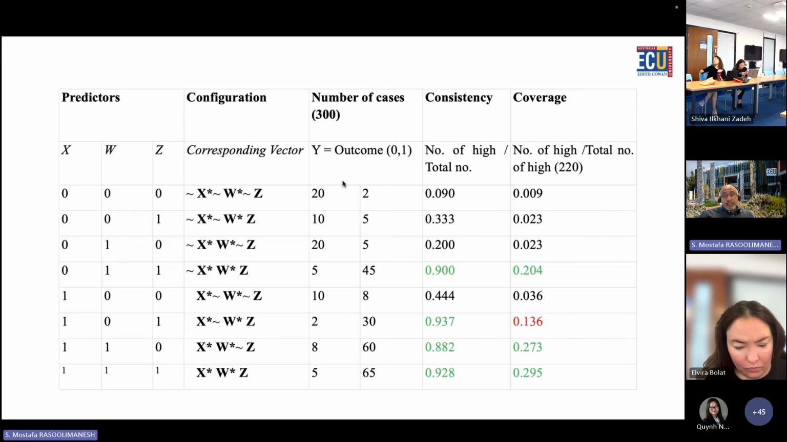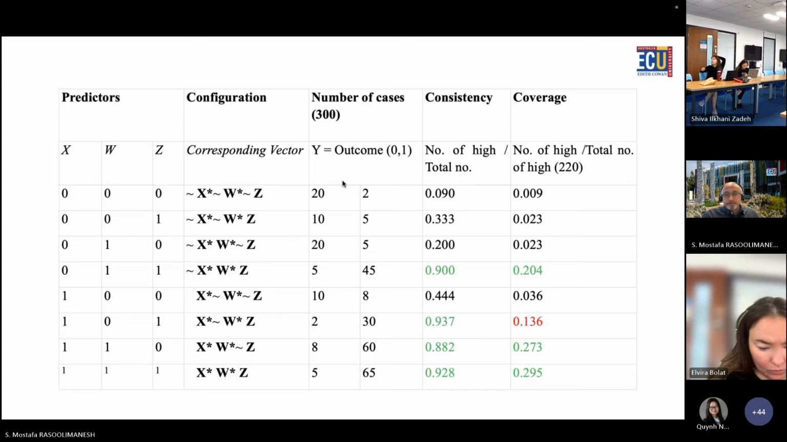In this table, I try to show how we calculate coverage and consistency, but of course you don't need to calculate it because software will calculate it for you. And here is just to show you the process for consistency and coverage calculation. Okay, let me go through one example. For example, if you look at